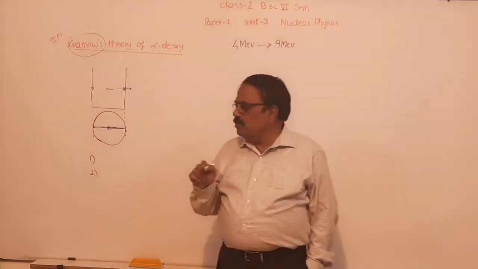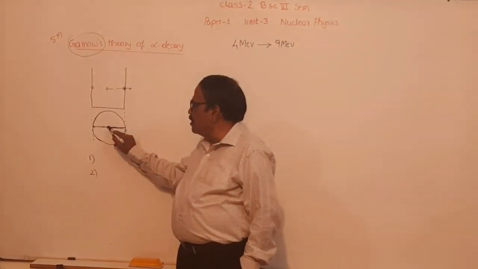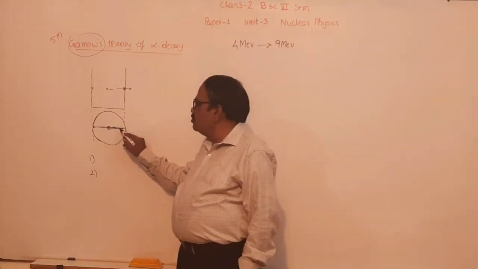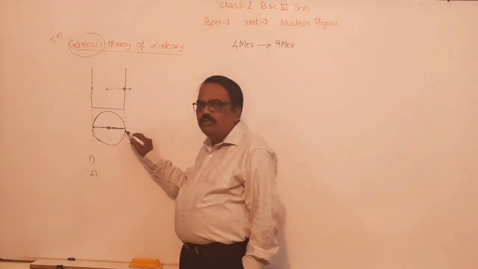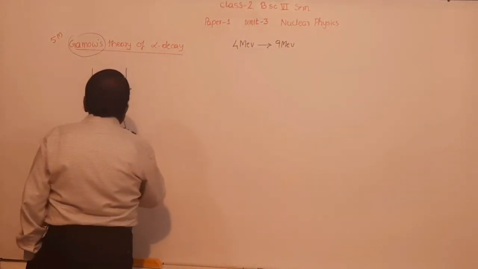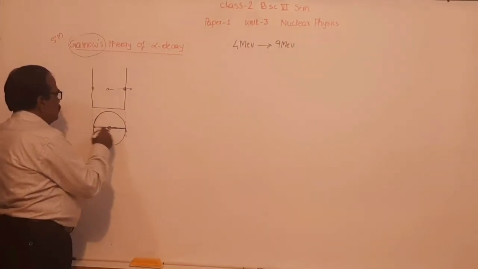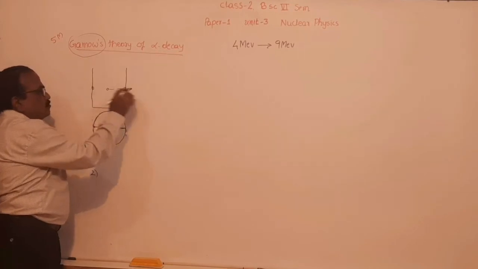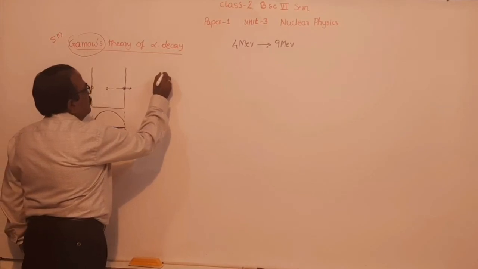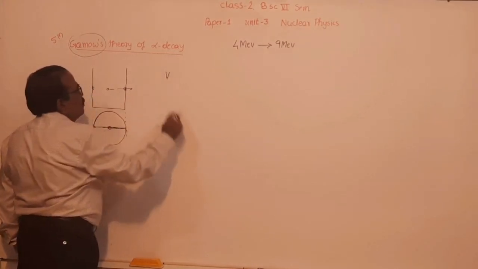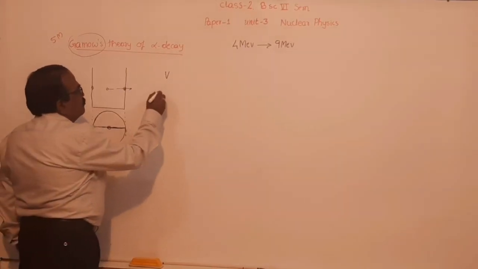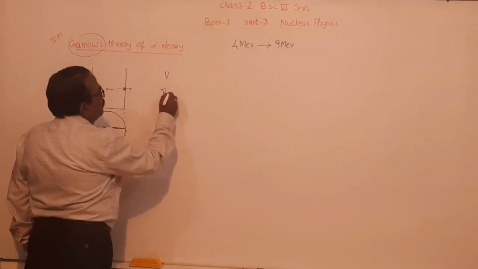So consider that only one alpha particle is present inside the nucleus. It is moving along the diameter of this nucleus. Continuously it collides with the wall of this container, moves back and forth. If v is the velocity of the alpha particle, then the collision frequency nu is given by